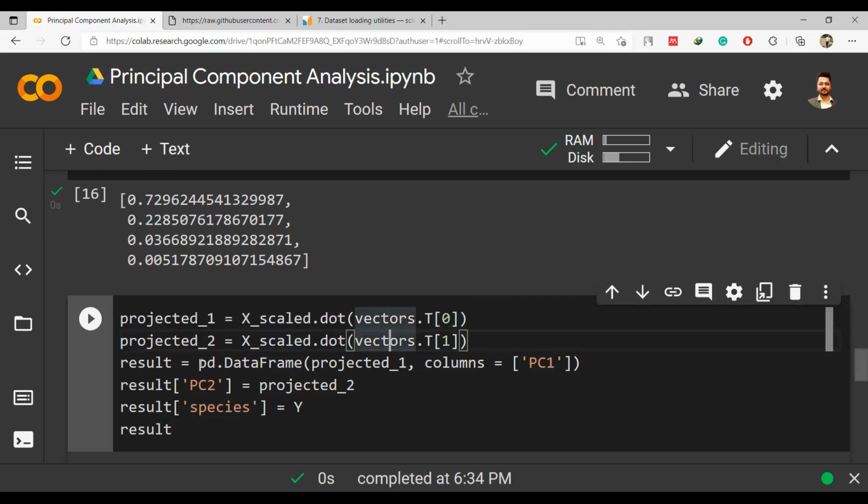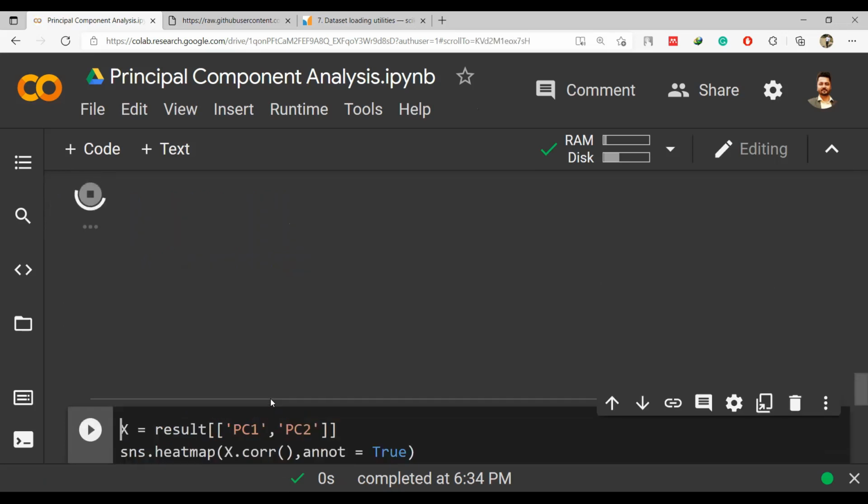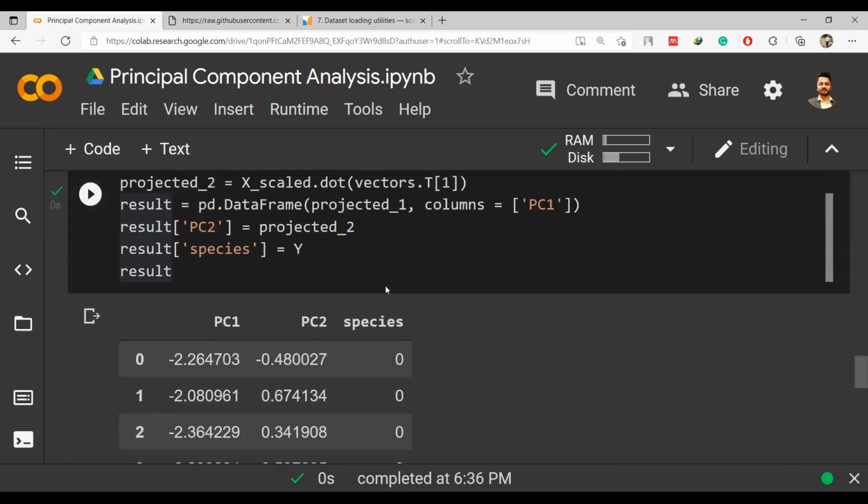Now the final result is appended: projection 1 is appended as a data frame in the result, projection 2 is appended again, and species are printed as they are. When we print the result, you will see that only 3 columns are there now overall.